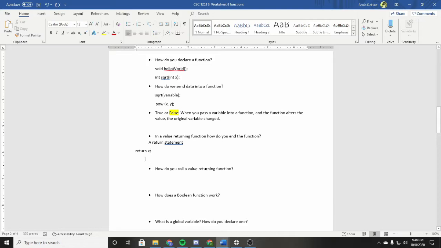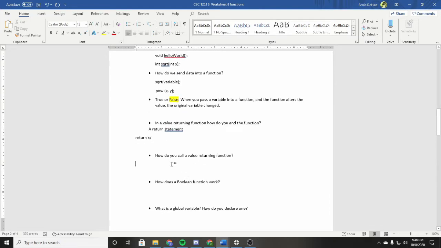Because it's like you leave main, and now you're in the function, and then when you want to go back to main, you have to return. And sometimes, if it's a value returning function, you'll be taking something back with you from the function. And so the next question is, how do you call a value returning function? And it's like, oh wow, well, this is really similar to stuff we've been doing. So yeah, if you have a function like the square root function,